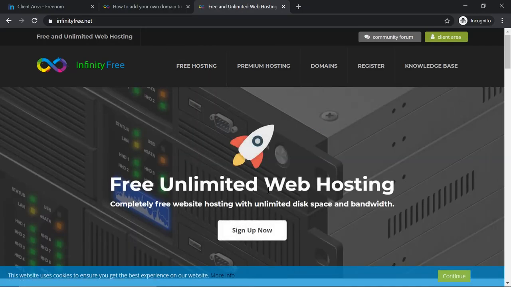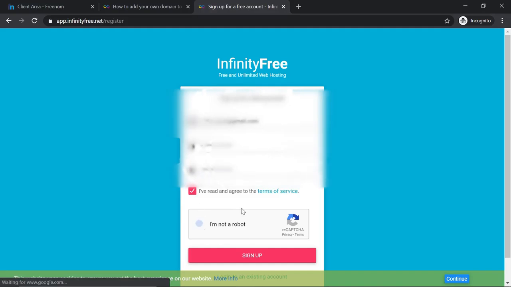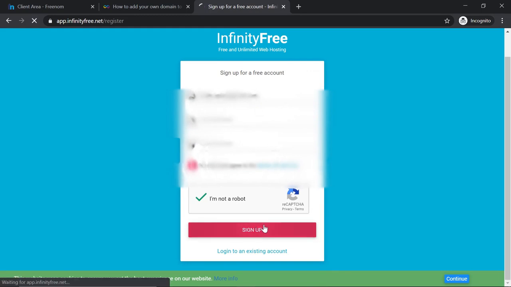Now, the next thing that we're going to go to is infinityfree.net, where we're going to create an account again and get free hosting. So we're going to leave FREENOM for a bit and create an account here, free hosting. When we are done creating these accounts, we need to connect the FREENOM account to Infinity so that the domain name we have from FREENOM will be connected to the hosting site that we have here. Sign up